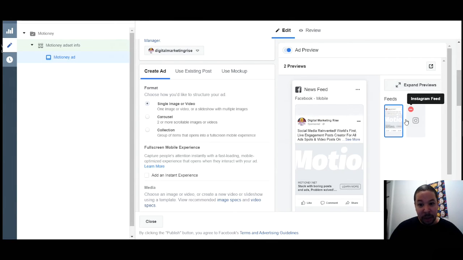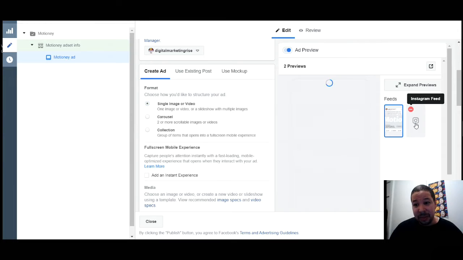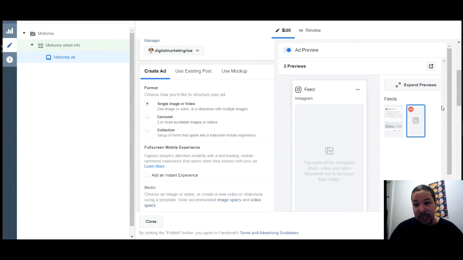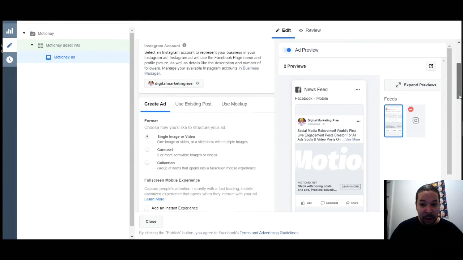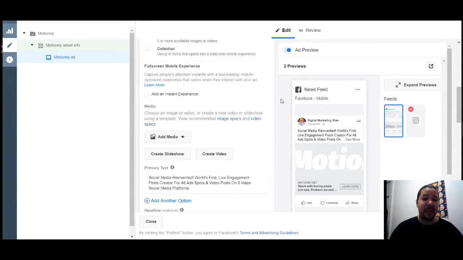And over here it shows you the preview. I'll show you how to set up the video, but see this to the right, this blue highlighted box. That would be your Facebook newsfeed preview, showing you what it would look like. Here it is right here too. Then if you click on the Instagram, it'll show you how the Instagram preview would look. It's not showing it in this one, but that's okay. As you scroll down,